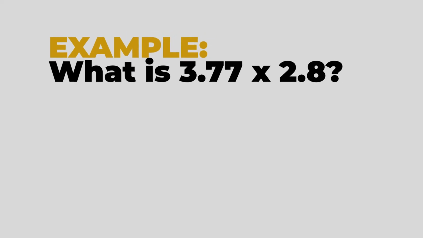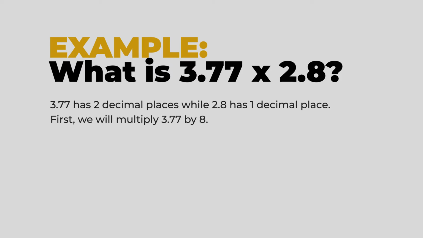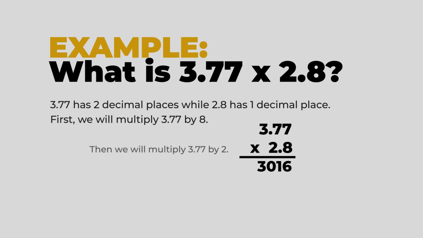For example, 3 and 7/700ths times 2 and 8 tenths. 3 and 7/700ths has 2 decimal places, while 2 and 8 tenths has 1 decimal place. First, we will multiply 3 and 7/700ths by 8. 3 and 7/700ths times 8 is equal to 3016. Then we will multiply 3 and 7/700ths by 2. 3 and 7/700ths times 2 is equal to 754. We will now proceed to addition. 3016 plus 754 is equal to